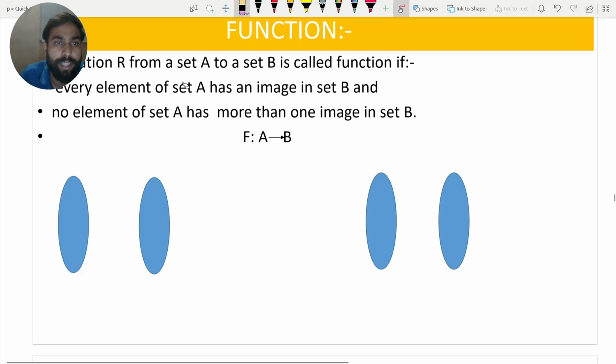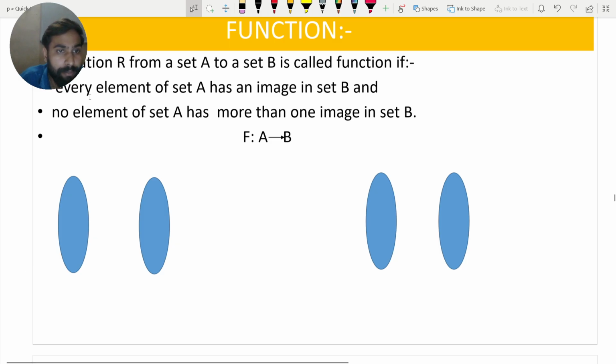Here we write the definition of function. What is a function? Here we describe the definition: a relation R from a set A to a set B is called a function if these two conditions are satisfied. What are these two conditions?